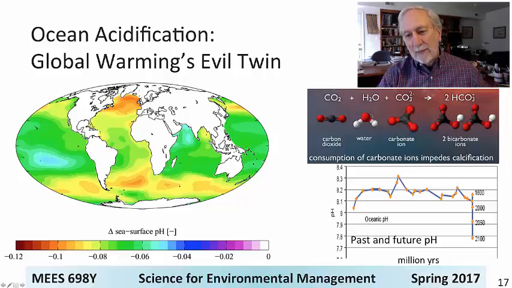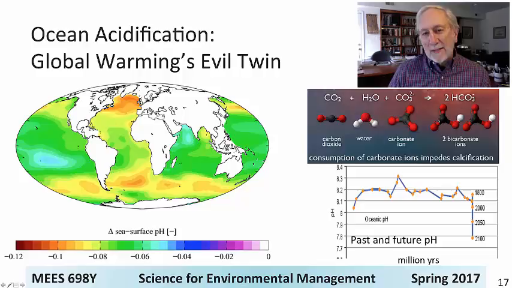And of course, then mixing down, the CO2 reacts with water to produce carbonate ions, essentially carbonic acid, which basically lowers the pH, but also makes it difficult for organisms which must